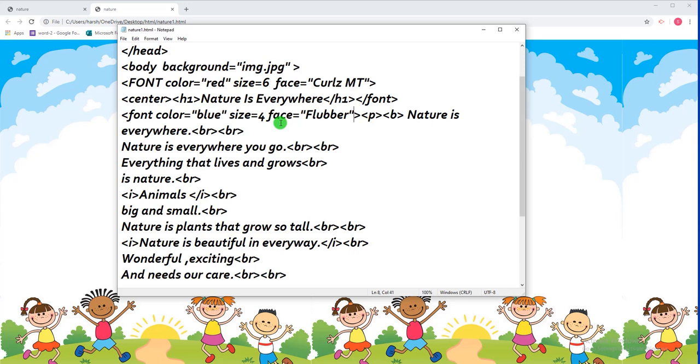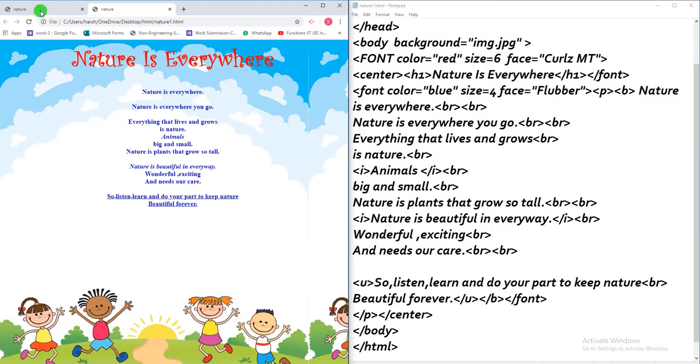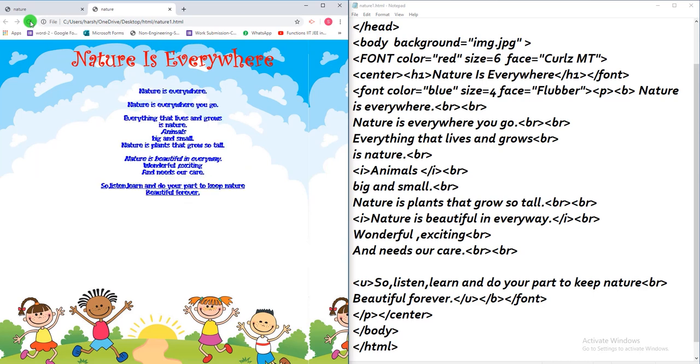Press Control S, and now I just need to refresh and you can see this has also changed.